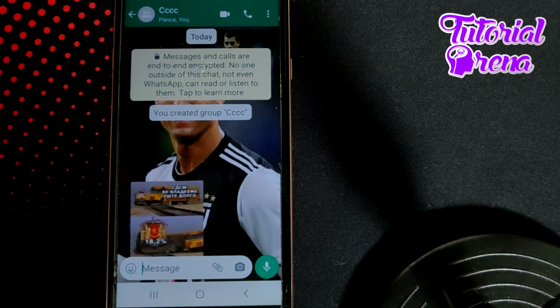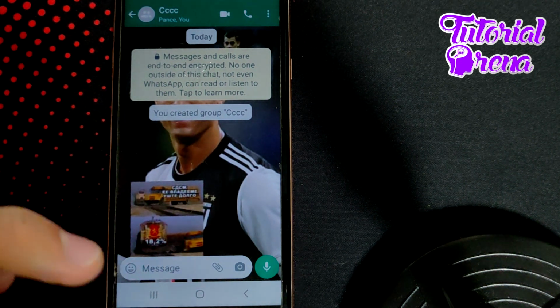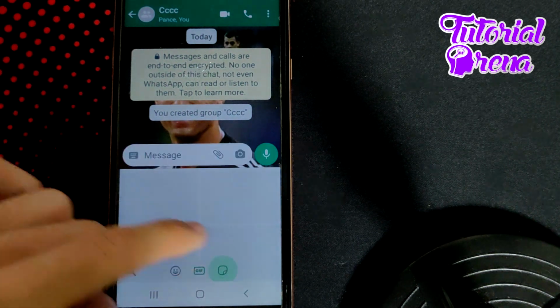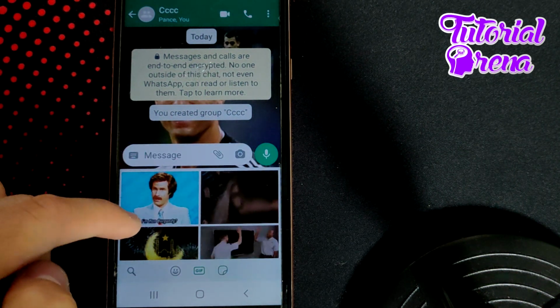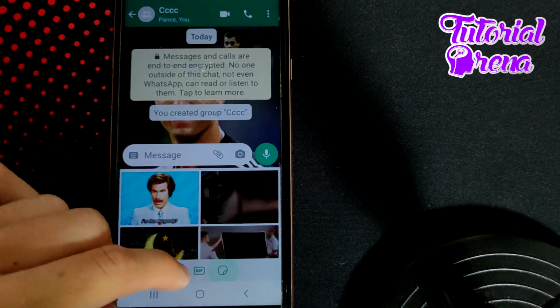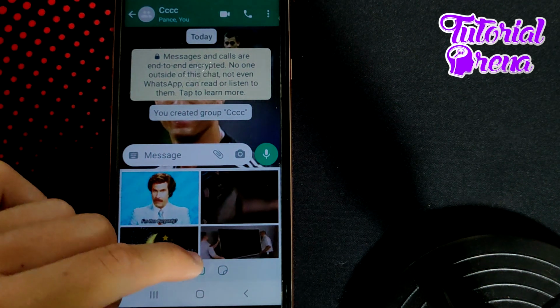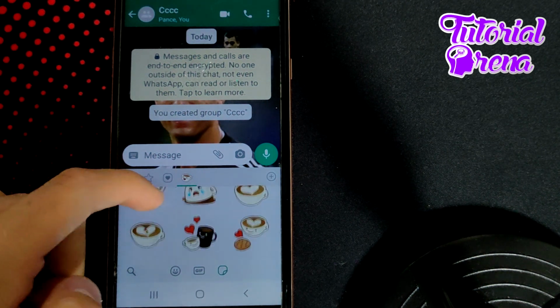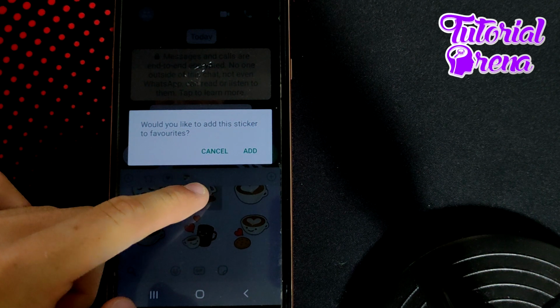one right here? It is by getting to the right section, which is right here. Firstly, you need to tap on that left-hand icon, which is to get the sticker section, and right from here, as you can see down here, you have three different options. You need to tap on the third one, which is right here,